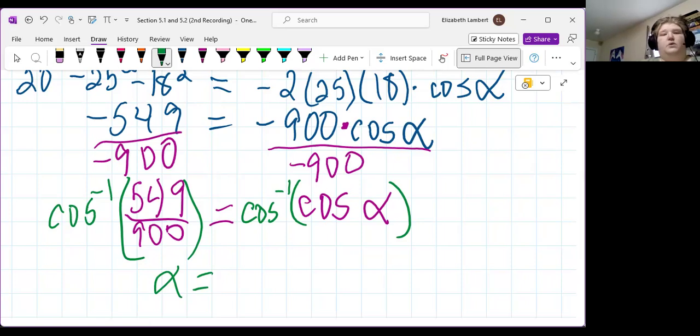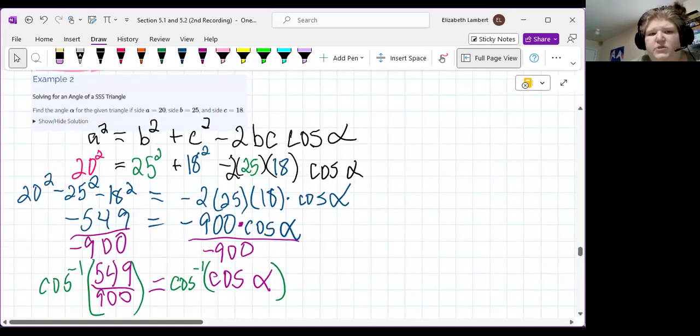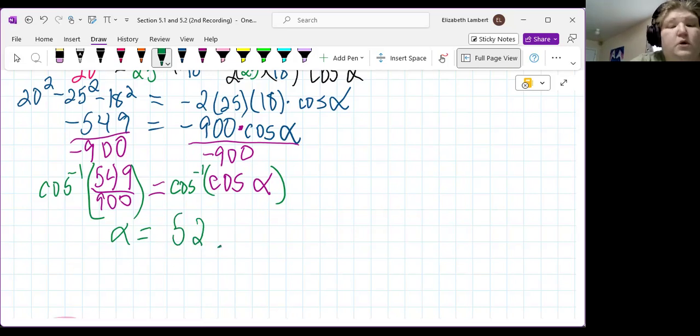Now here, so far, everything has been side measurements. So it is very easy at this point to accidentally have your calculator in radians. So just double check you're in degrees. Inverse cosine of 549 divided by 900. So 52.5 0.410